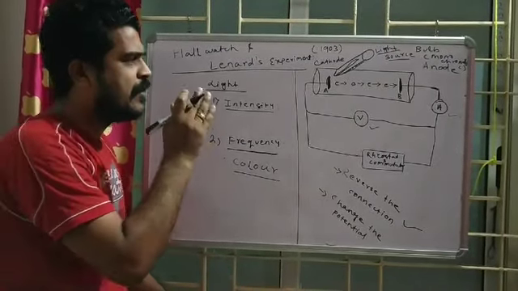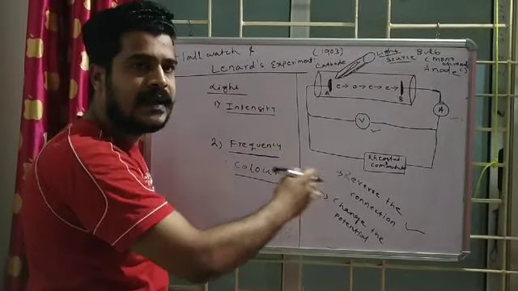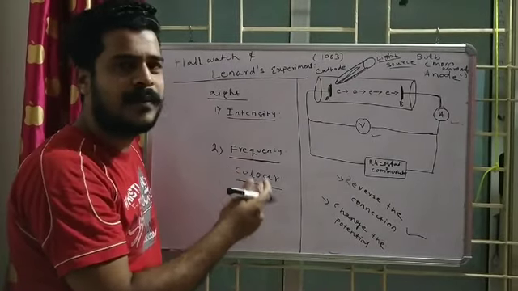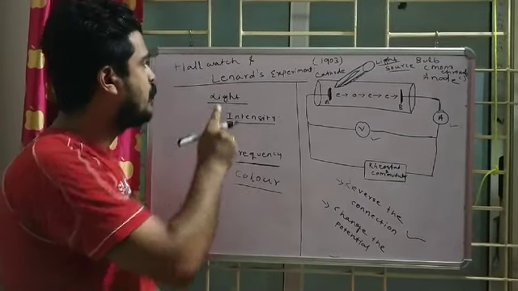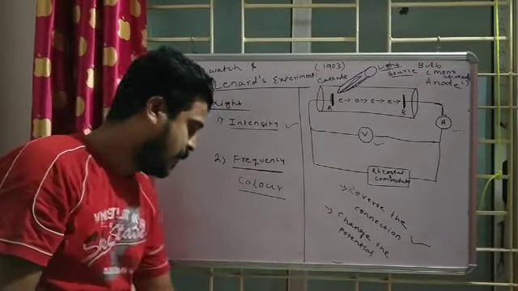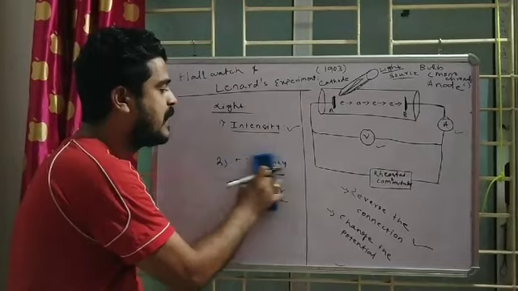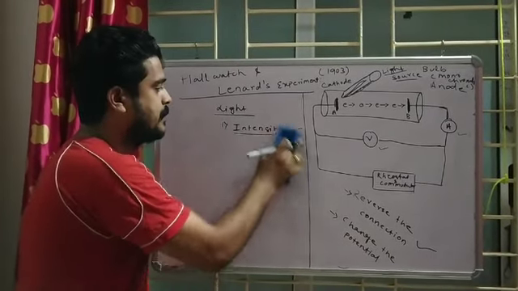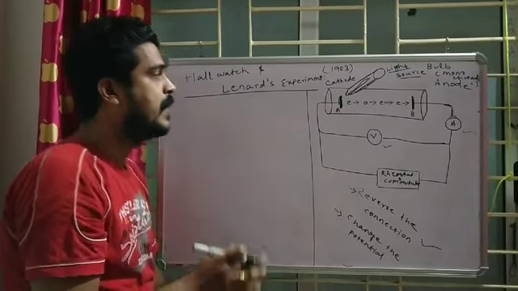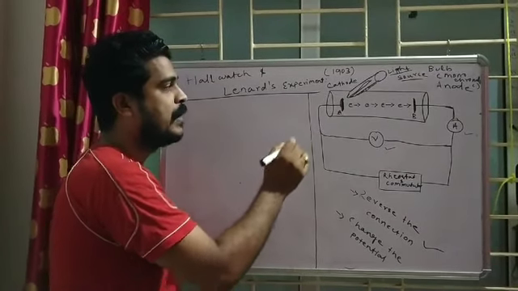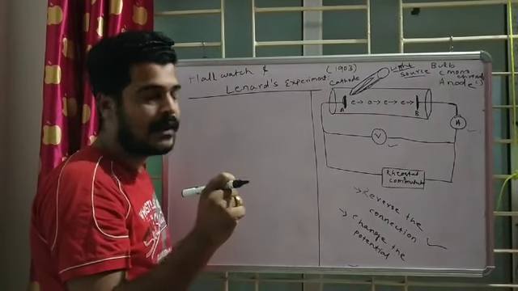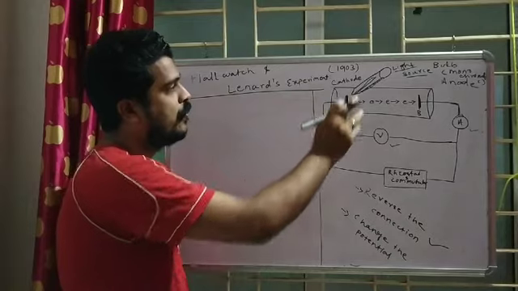Many experiments and many observations can be drawn from this single setup. So first, what observation did they make? They made an observation for intensity. They simply started incident light, and you know that for photoelectric emission, the minimum condition required is that the light should be carrying a minimum amount of energy. That is the threshold energy.